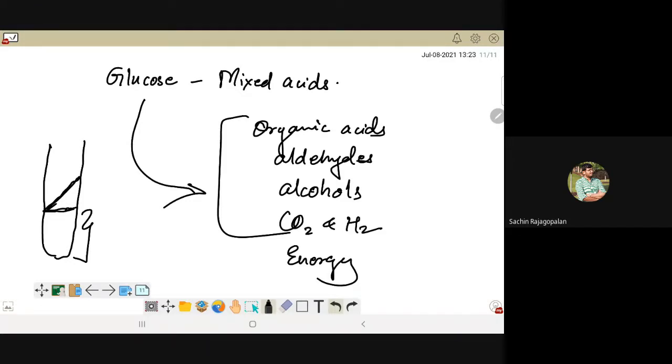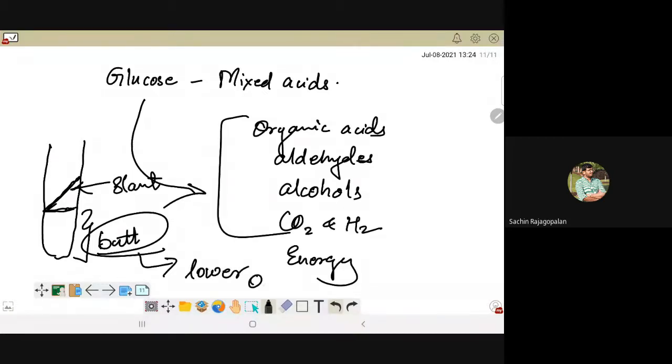Now, when you inoculate the TSI slant, you are going to pass the culture over the slant using your loop, and you are also going to stab inoculate it into the butt. तो दोनों करना है आपको, उसको स्ट्रीक भी करना है स्लांट पे, और आपको उसको स्टैब वायर यूज करके स्टैब भी करना है in the butt region. Now this is because the butt region, this is the butt, and this is the slant. So this butt region has lower oxygen tension. Oxygen availability is going to be less.